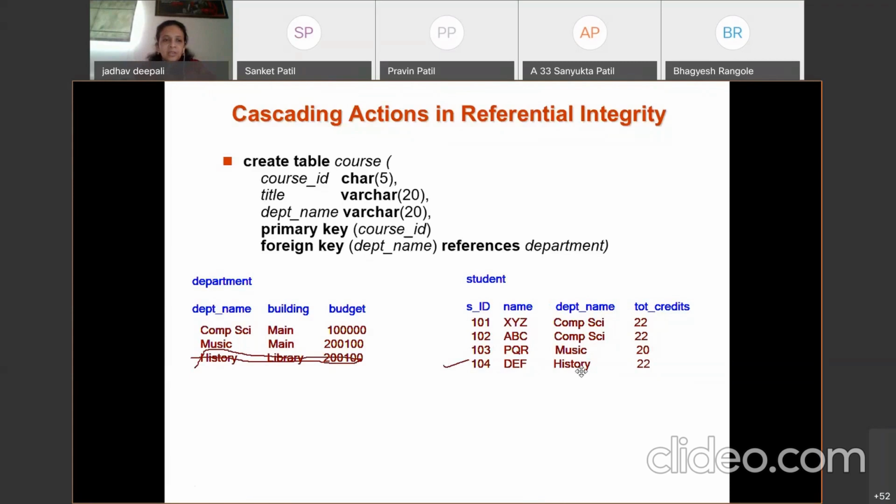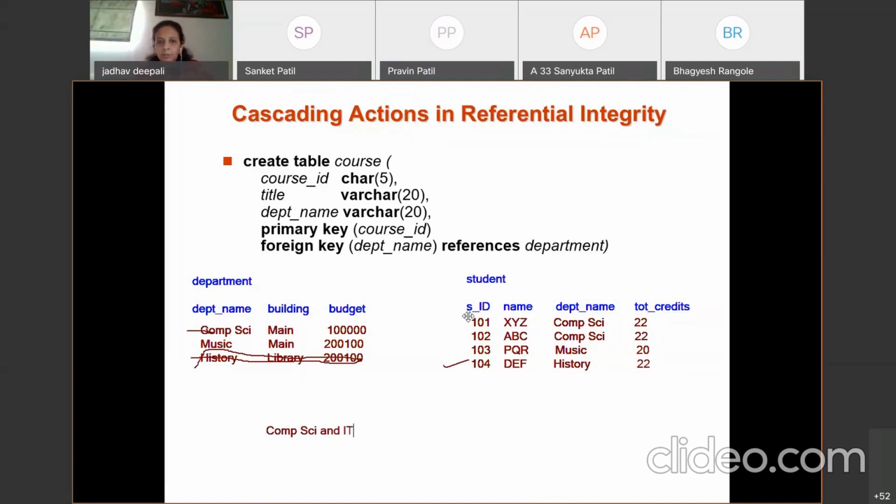Another thing, suppose I change the name of this computer science department to computer science and information technology. Suppose the college decided to change the name of computer science.